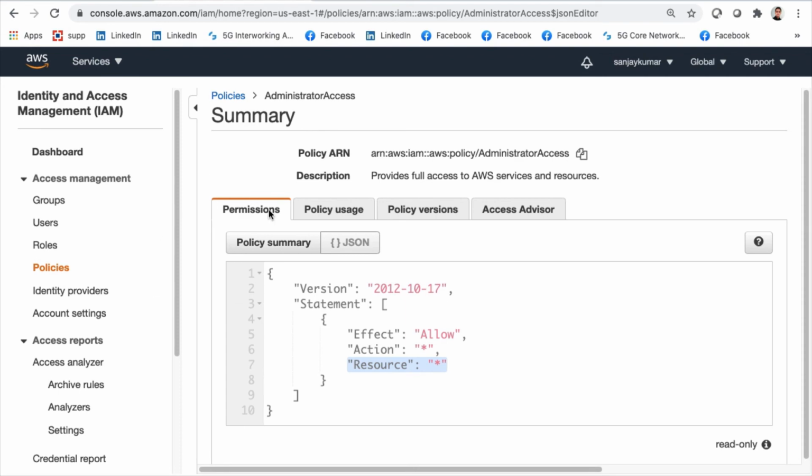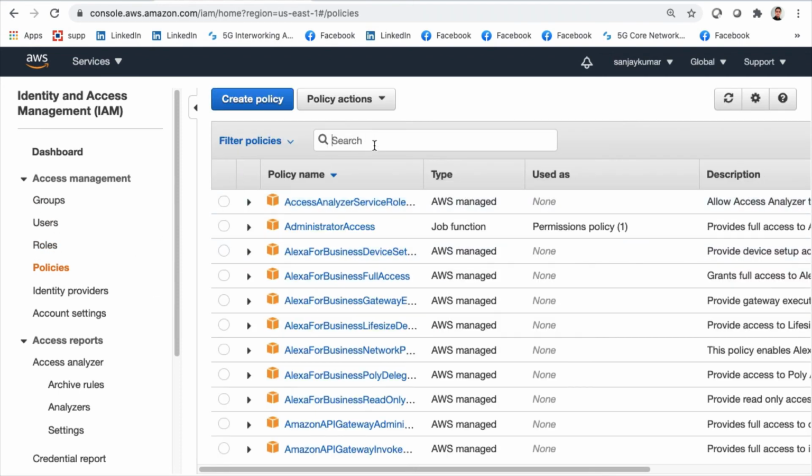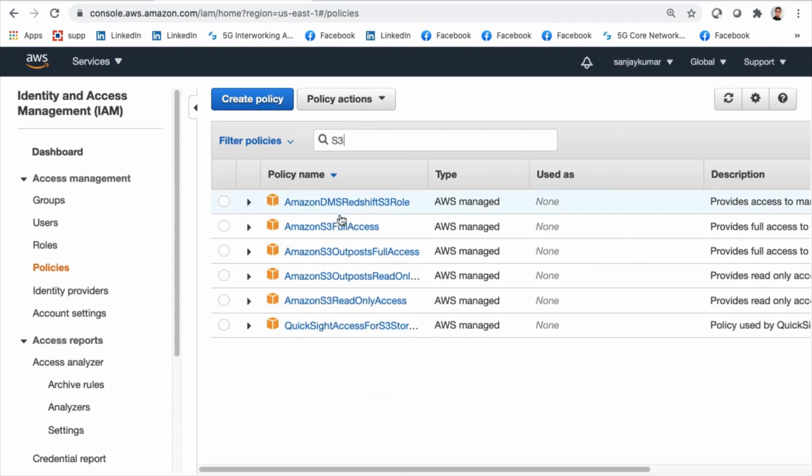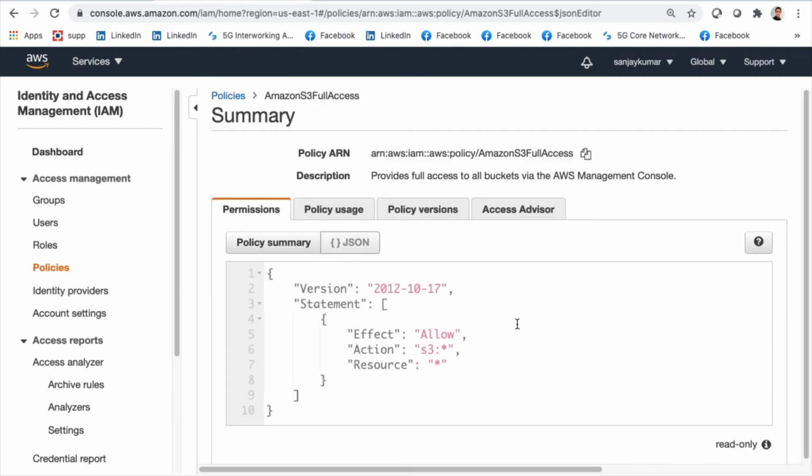However, if I look for another policy, let's say the Amazon S3 full access policy, the action is possible only within S3 and resources are all star. That means they will be able to do all these things in S3. So they have full access for S3. Action means what can be done, and resources means on which resources this action will be available.